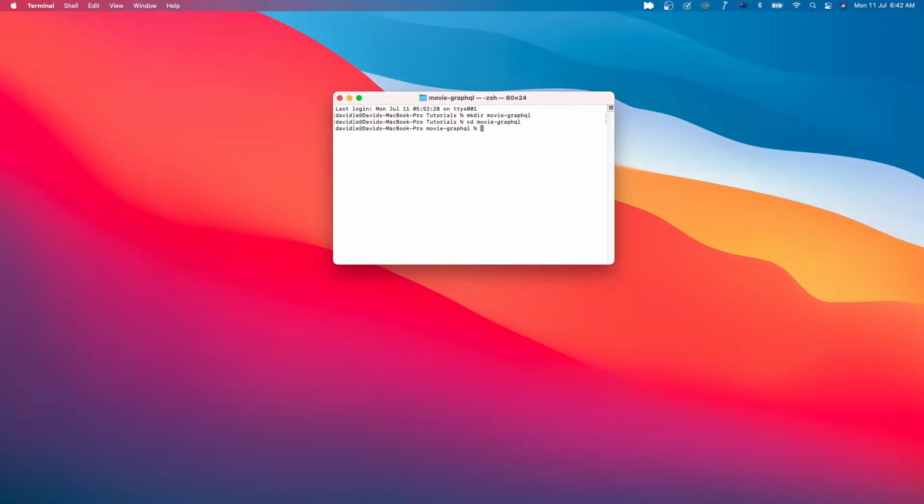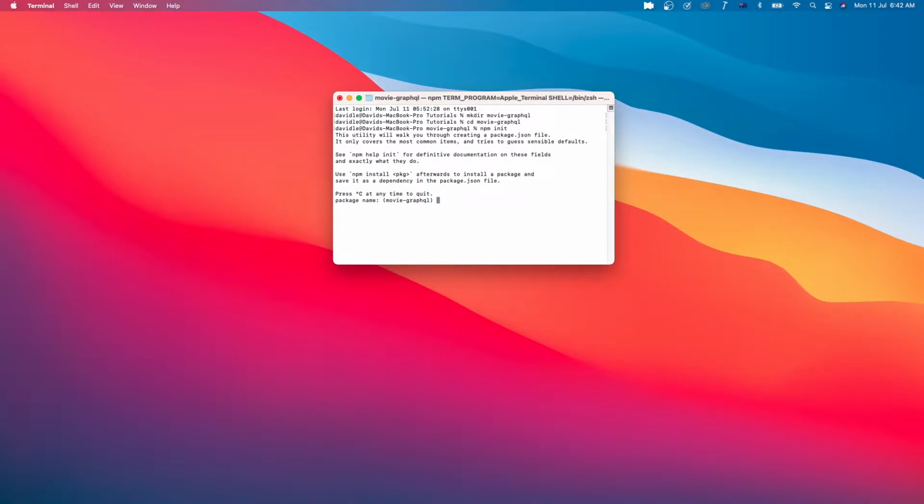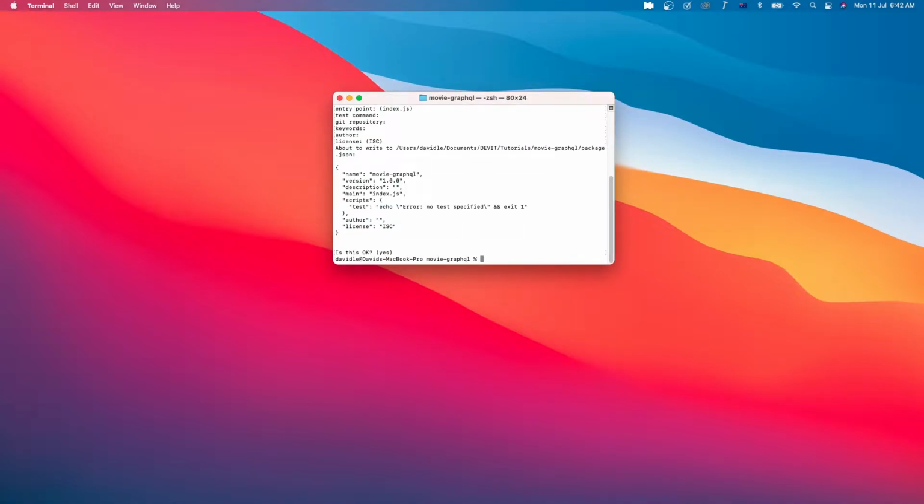We're gonna run npm init to create a project. Let's hit enter and we need to install some of the required packages. We're gonna need mongoose. Let's run npm i